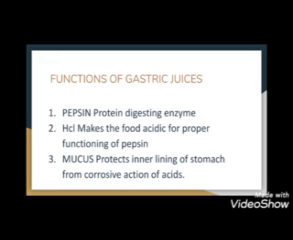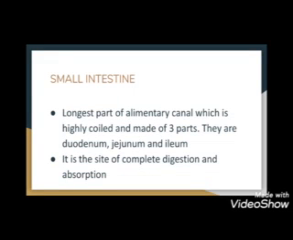Now, let us go to the next part. What is the next part? That is the small intestine. Small intestine is a highly coiled structure. So, it is the longest part of the alimentary canal. It is highly coiled and compactly present, which is made up of 3 important parts: the duodenum, the jejunum, and the ileum. And the most important